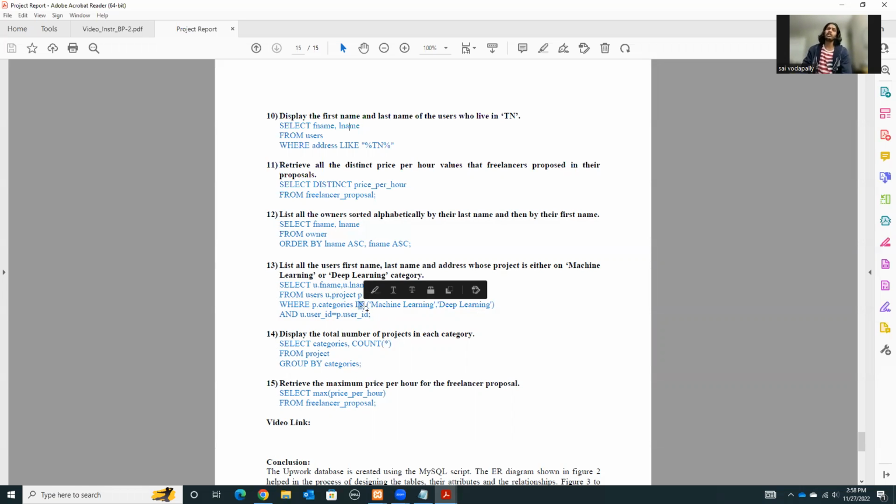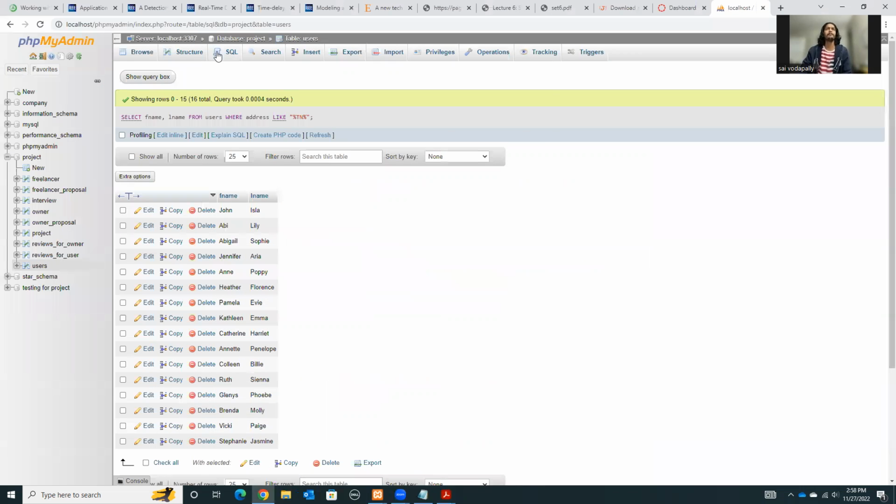Instead of the in, we can also use union, but we need to write where P.category is machine learning, again union where P.categories is deep learning. This can be written in two different ways, by using union, or we can use just in. So when I run this code,